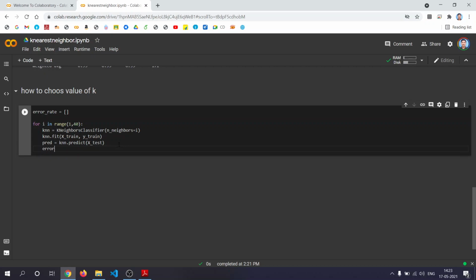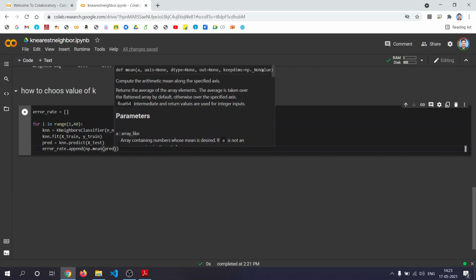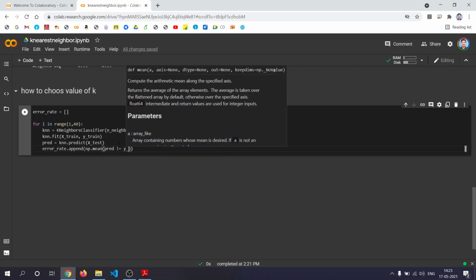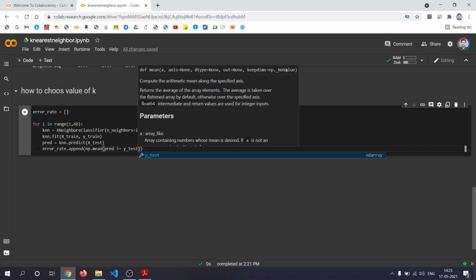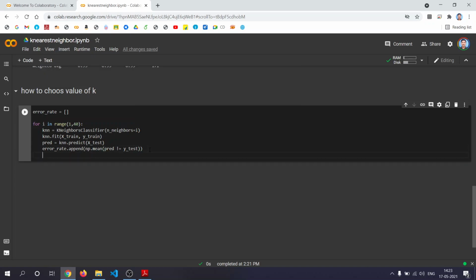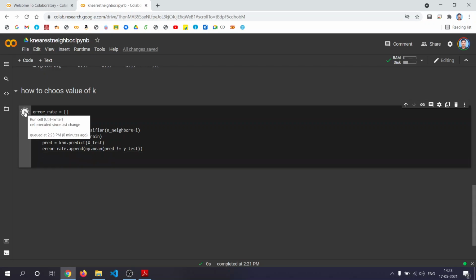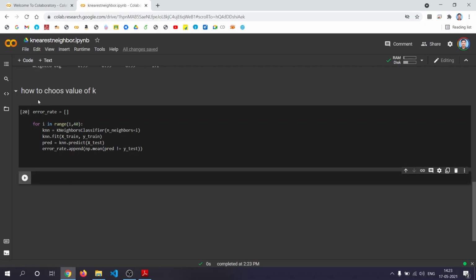Then we'll append to error rate: error_rate.append(np.mean of the difference between the predicted value and y_test). So the error rate is the mean of the difference, and it is appended. Executed. It will take some time for execution. It was fast compared to the previous.